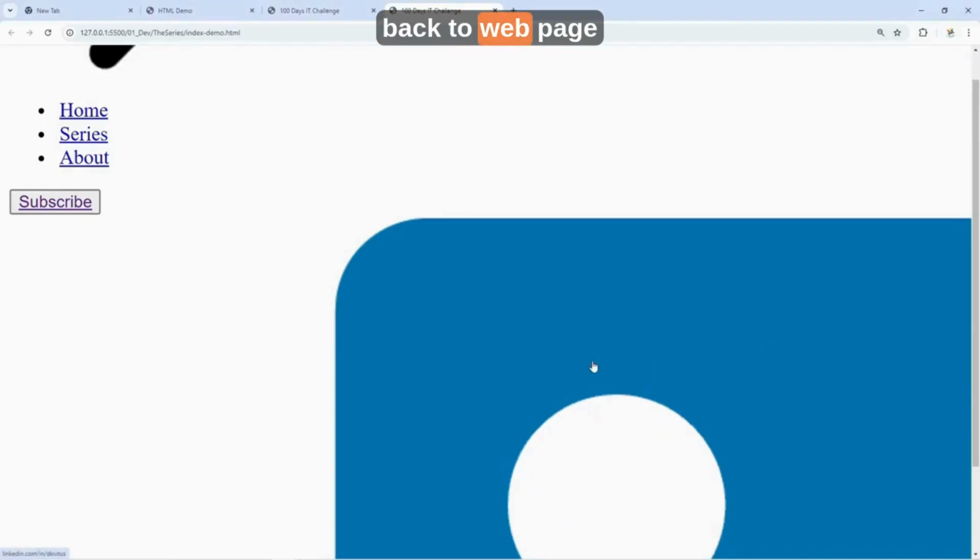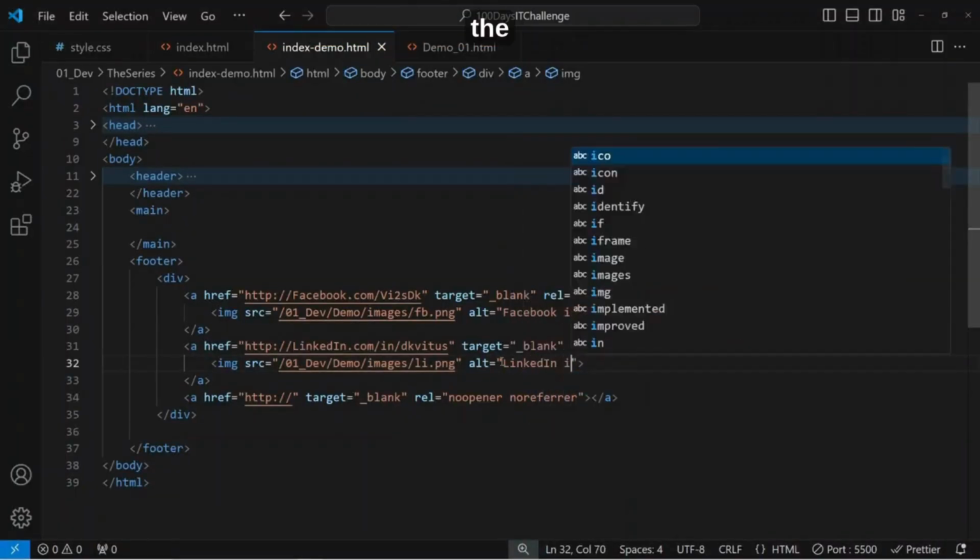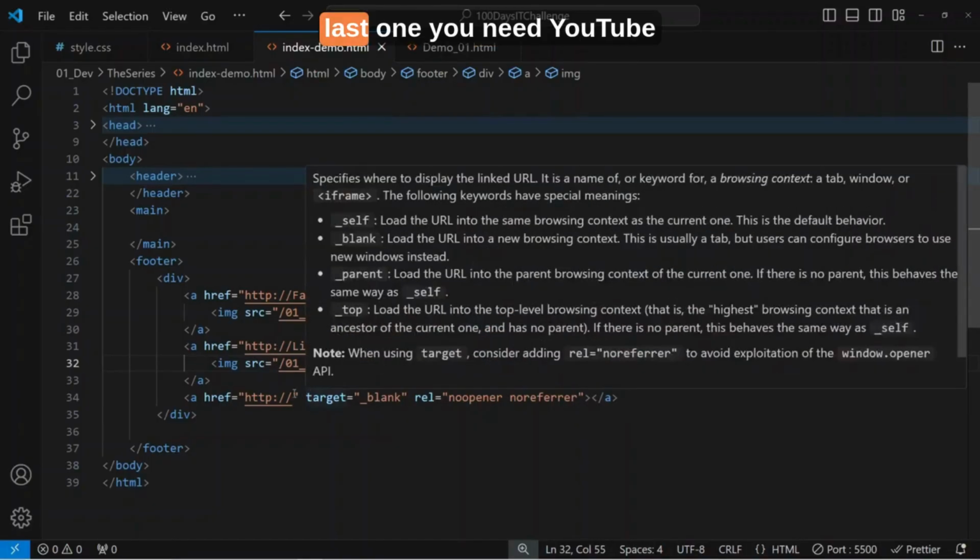We go back to the web page. It looks, yikes, not too good. Don't worry, we'll fix it shortly. Alternatively, we call it LinkedIn icon. For the last one, we need YouTube,